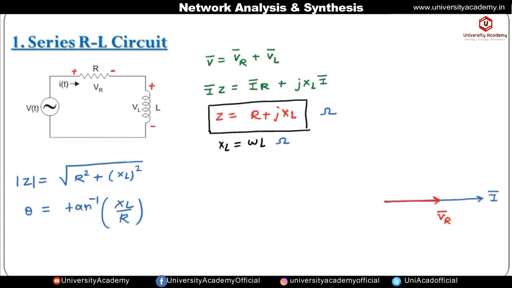Next we have to find out this V of L. So in case of an inductor, current lags the voltage by 90 degrees. It means voltage जो है it will be leading the current, so this will be V of L. Okay, and our total voltage is the phasor sum of V of R plus VL, so this is VR, so we have to add. It means this VL, उसको हमें VR के साथ ड्रॉप में ऐड करना है. Then their phasor sum will give the total voltage, which is V phasor. So this is angle 90 degree and this is angle theta.